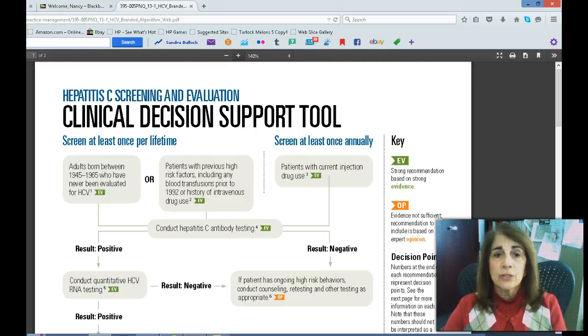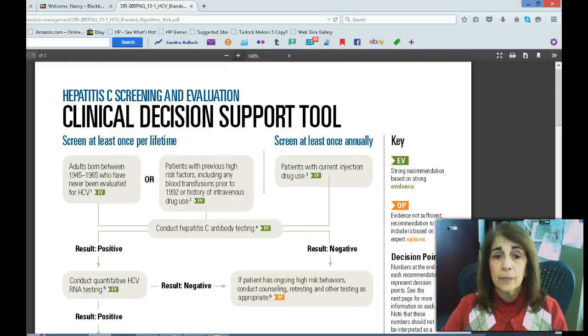So the recommendation is to screen at least once per lifetime in adults born between 1945 and 1965 who have never been evaluated for hepatitis C. The level of evidence for this recommendation is very strong. Or screen at least once per lifetime in patients with previous high-risk factors, including blood transfusions prior to 1992 or a history of IV drug use. Now, those patients with current injection usage of drugs should be screened